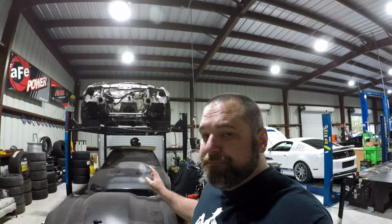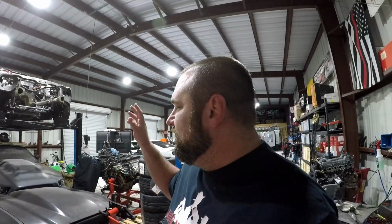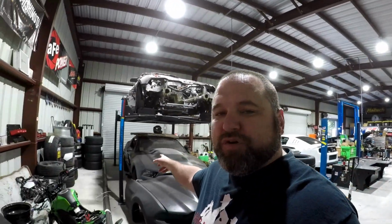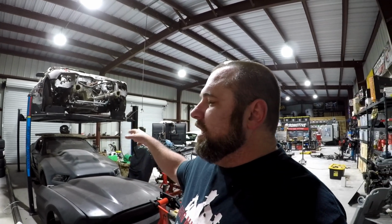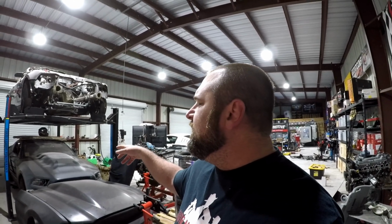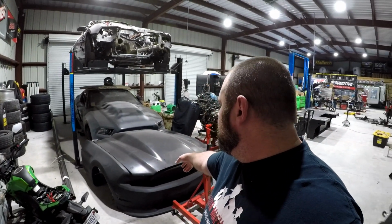We haven't done anything with Hurricane or Cyclone. I will admit I have put them both up for sale, and here's my plan. I don't need 2 drag cars. I never intended, when I was buying Typhoon, I didn't think I was gonna get it, basically. The guy wanted a whole bunch of money for it. And then I bought this front end for Hurricane. So now I have 2 cars that can't go on the street, essentially, and that was never really the plan. So I'm probably gonna keep them up for sale, and whichever one sells first, the other one I'll keep,